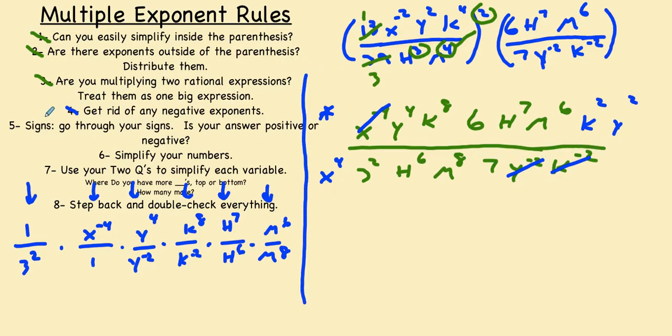So now I'm just going to go through step 5. My signs, everything's positive, so my whole entire answer is going to be positive. I'm going to simplify my numbers. What do I have for numbers? Well, I have a 3. I have 3 times 3 here, right? 3 squared is just 3 times 3. So I'm going to steal one of those 3's away, and I'm going to steal a 3 away from that, make that a 2. So for my numbers, I have a 2